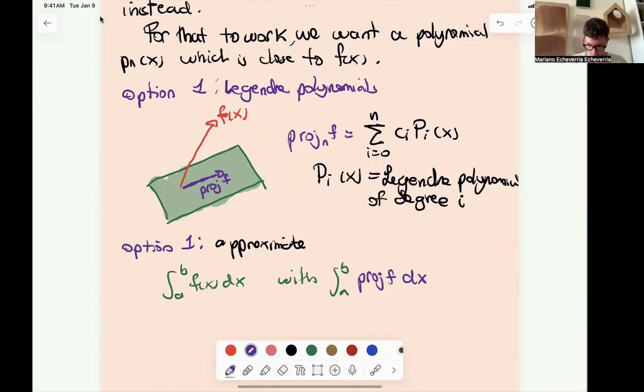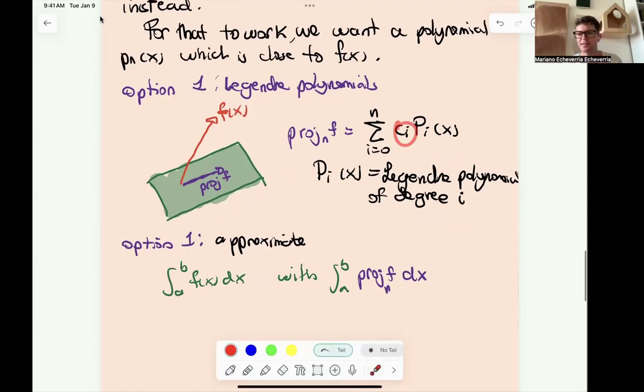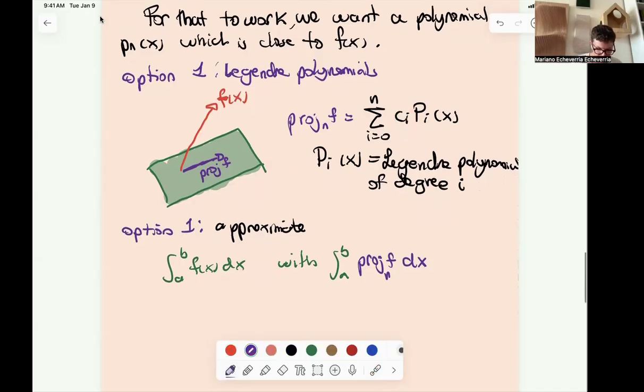But here, that's where you do have to, and this is kind of the philosophy of numerical analysis, actually think, okay, how realistic is this in practice? As a theoretical approach, this is okay, but when you look at the details, that is problematic, because to find these coefficients, if you remember, you have to take inner products, right? So the issue with this approach,